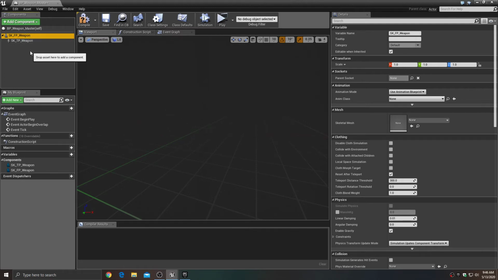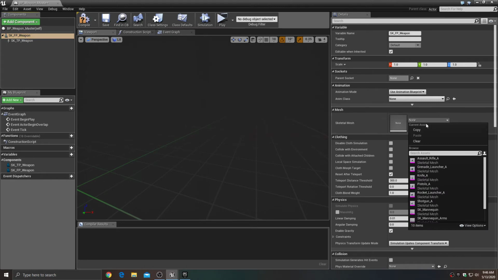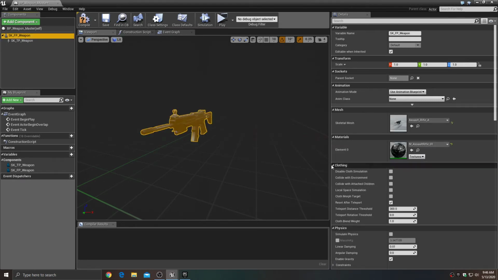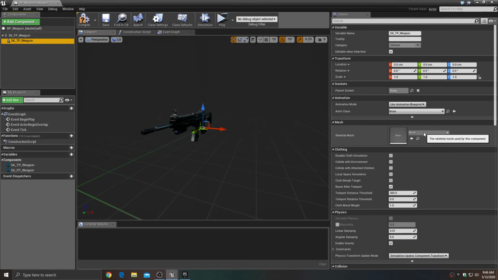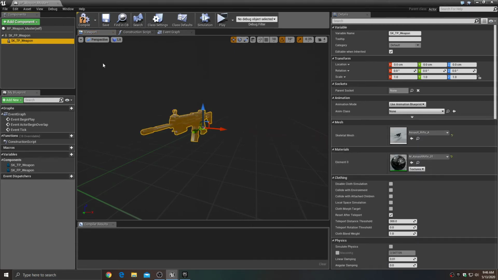So to make this a first-person game, we have to create two variations of the skeletal mesh, right? One will be the gun that we look at in first-person view. The other will be the gun that everybody else in the game sees, okay? So we're going to go ahead and plug in the assault rifle A, and we're also going to plug in the same exact weapon for this one. Now, I know that seems redundant. You've got the same skeletal mesh in here twice, but since this is a first-person game, we have to do